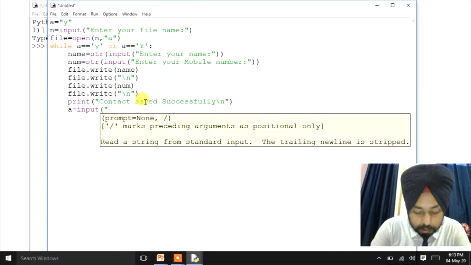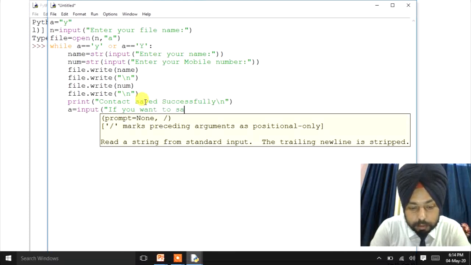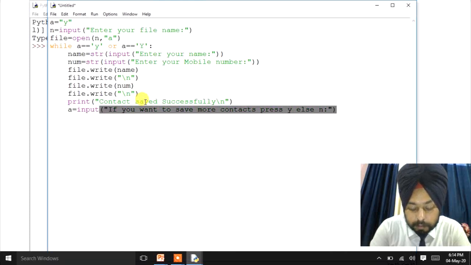then we'll write a display message: if you want to save more contacts, press Y, else N. Right?